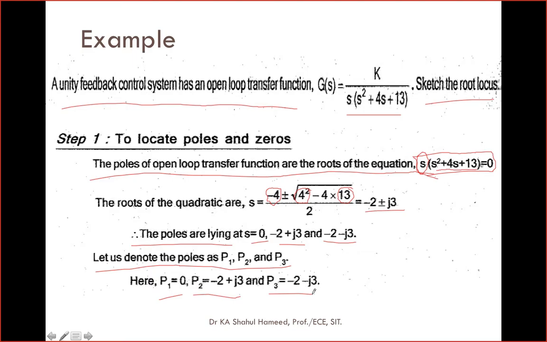Okay, so we can directly say that there are no zeros and only 3 poles on the s plane. சொல்லி முடிச்சிடலாம். அந்த 3 போல்ஸும் நம்ம பார்த்தாச்சு. 0, minus 2 plus j3 and minus 2 minus j3. ரெண்டு போல்ஸ் காம்ப்ளெக்ஸ் கான்ஜுகேட்டாக இருக்குது. காம்ப்ளெக்ஸ் நம்பர் கான்ஜுகேட். ஓகே, now